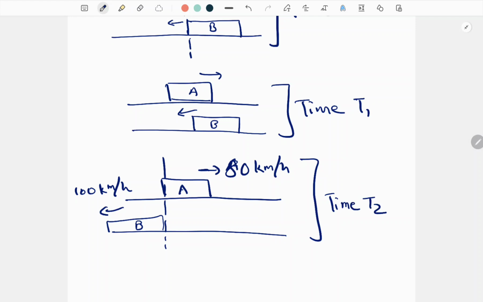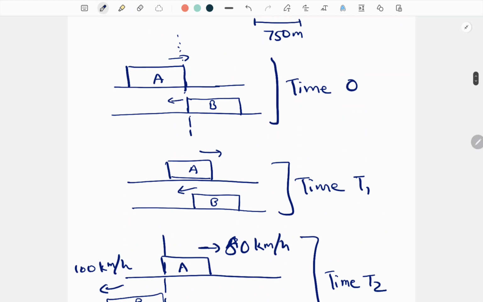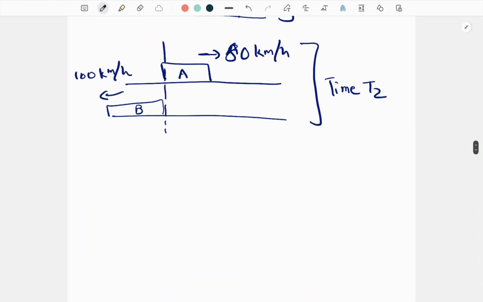So we want to calculate the time it takes for the trains to completely cross each other. The way to solve this problem is to imagine that one of the trains is at rest and the other train is the only one that is moving. So basically this is relative motion. This is an important concept. Let's give it a name: relative motion,